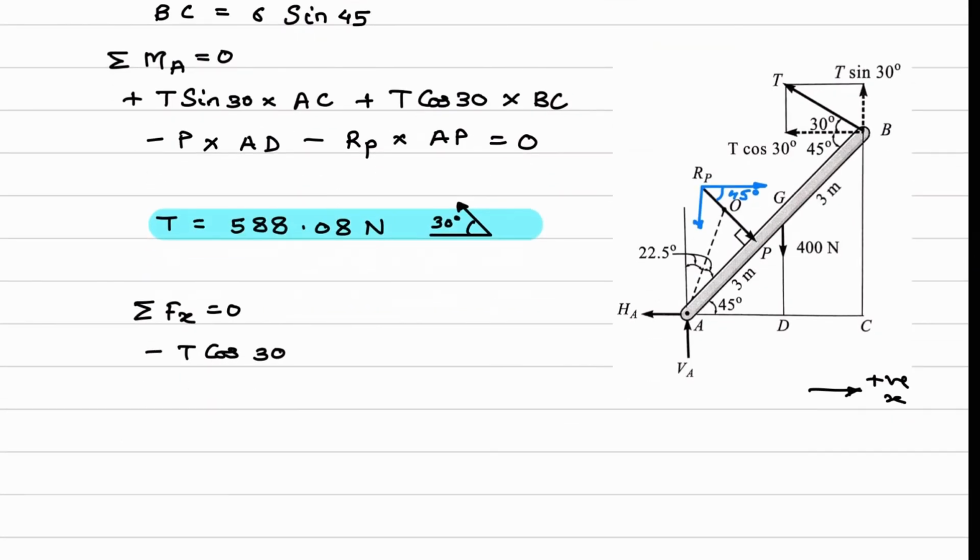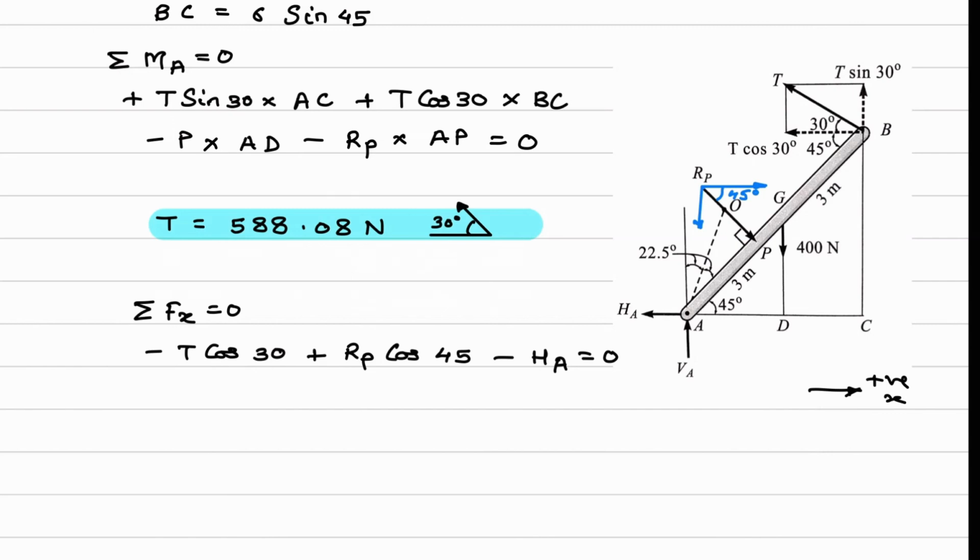Now this X component is towards right. So plus RP cos 45, and HA we are considering over here towards left. So minus HA. This is an assumed direction, remember. Now when we are assuming the direction of HA is towards left, T is known, RP is known, only unknown is HA. If HA is positive, meaning our assumed direction of HA which is towards left is correct. If HA answer is negative, meaning the direction which we have assumed is wrong and HA will be towards right. That is the meaning of this. So I'll write down.